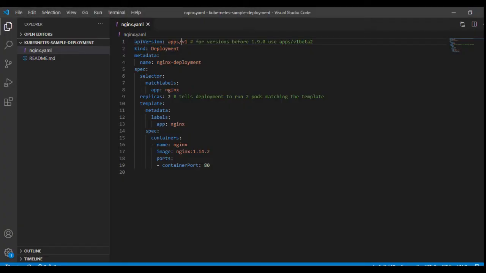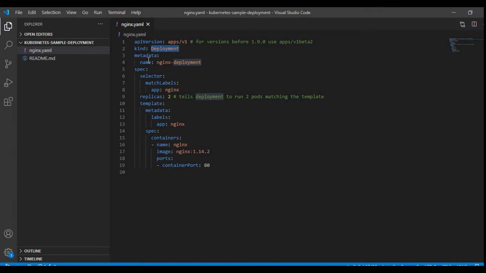So this is the YAML file, and I will explain all these tags. This is the API version, where you provide the Kubernetes API version you are using, and the kind. This is Deployment because I am creating a deployment object. If you are creating a service, you will provide Service. There are different kinds of objects depending on your configuration. Metadata uniquely identifies your deployment based on the name. So this is the metadata.